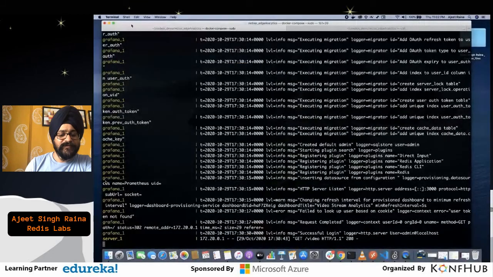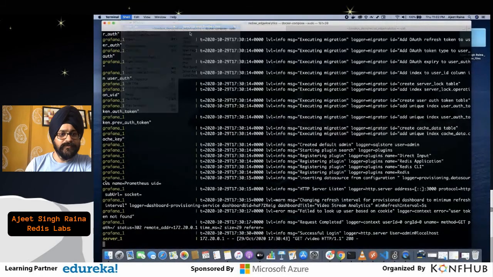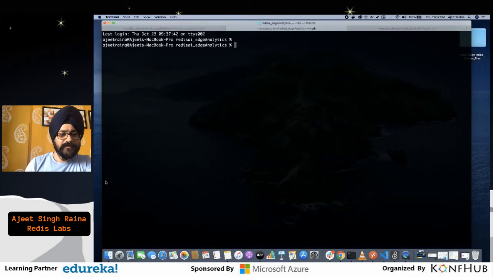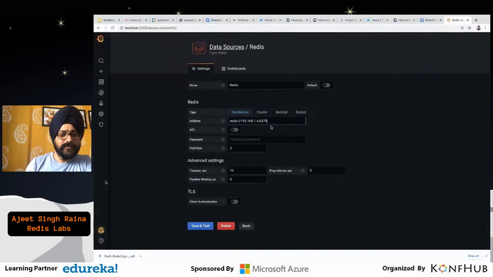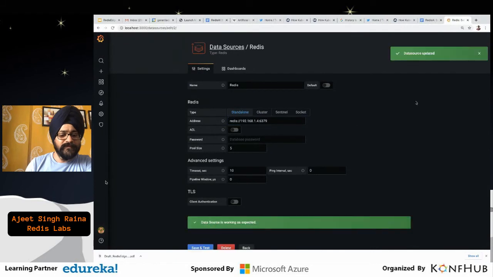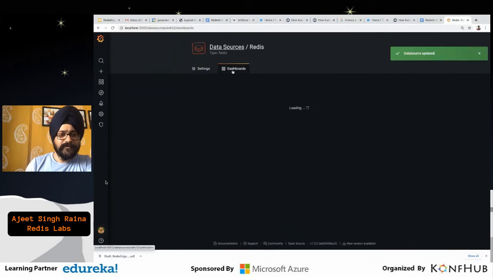Let me go ahead and verify the IP address by opening a new window here. The IP address is 192.168.1.4. It looks good. Then I say save and test. So it identified those data sources.